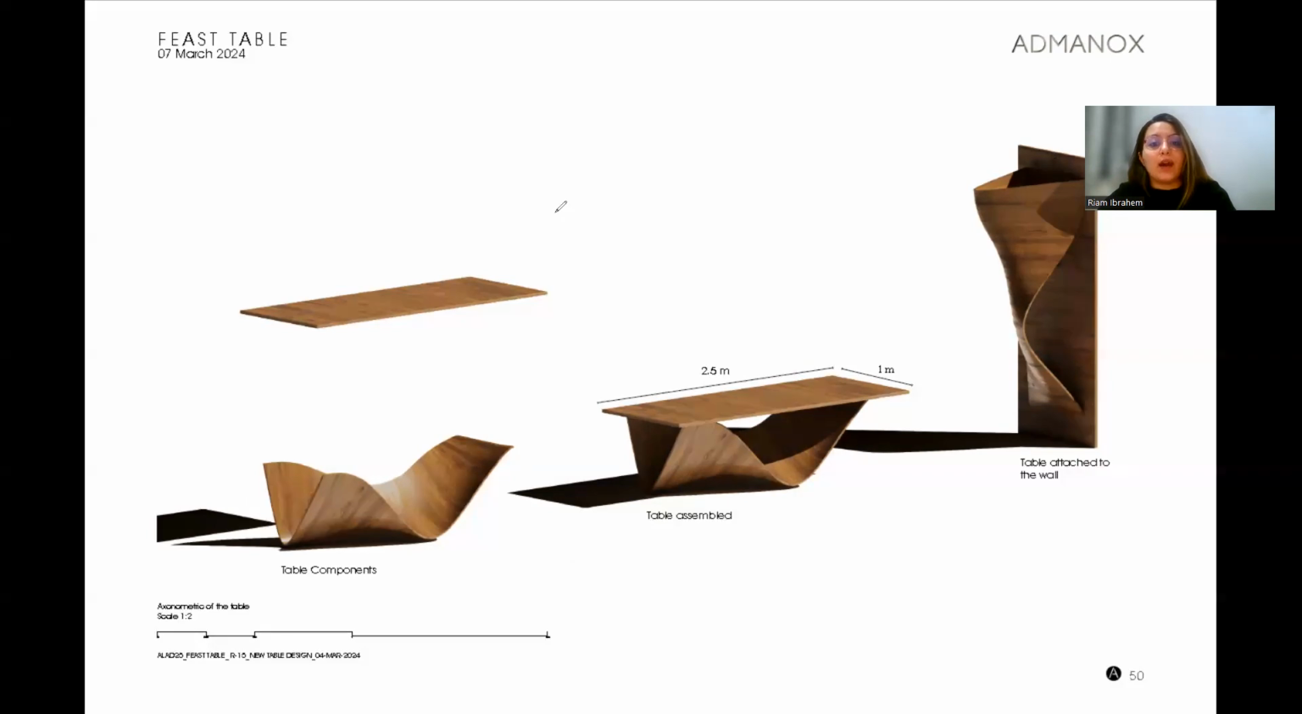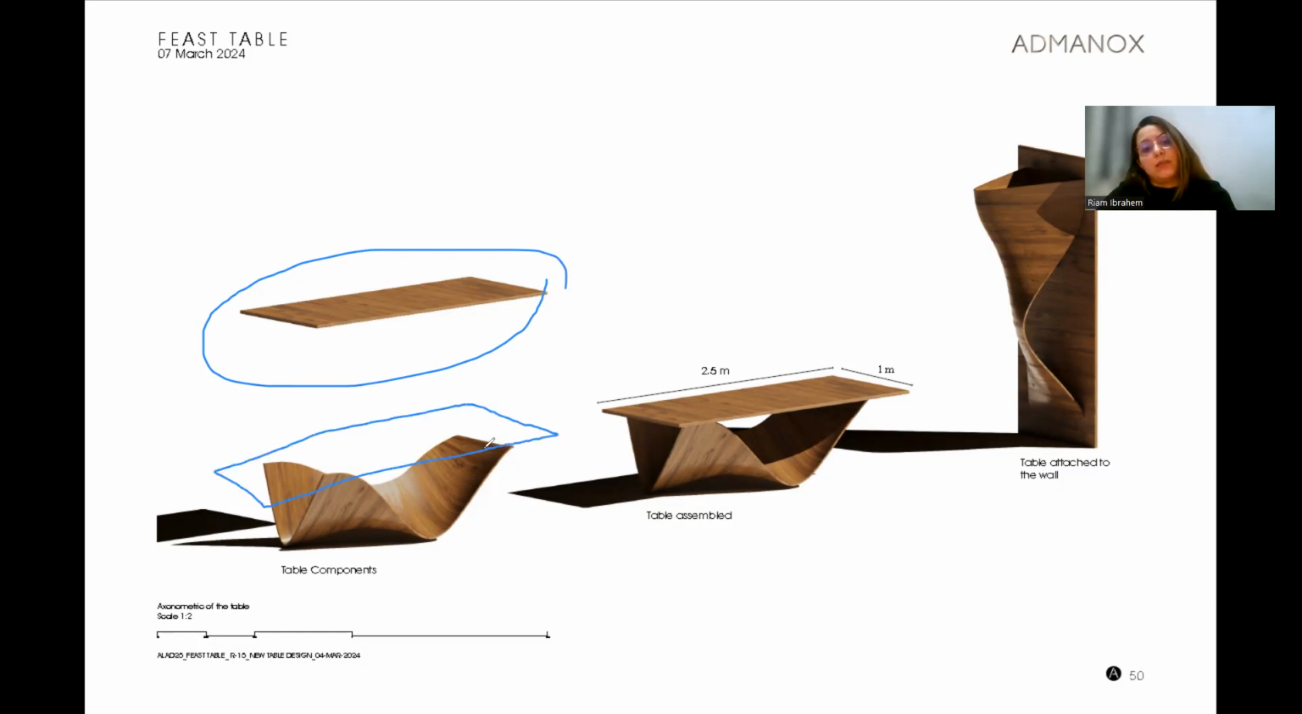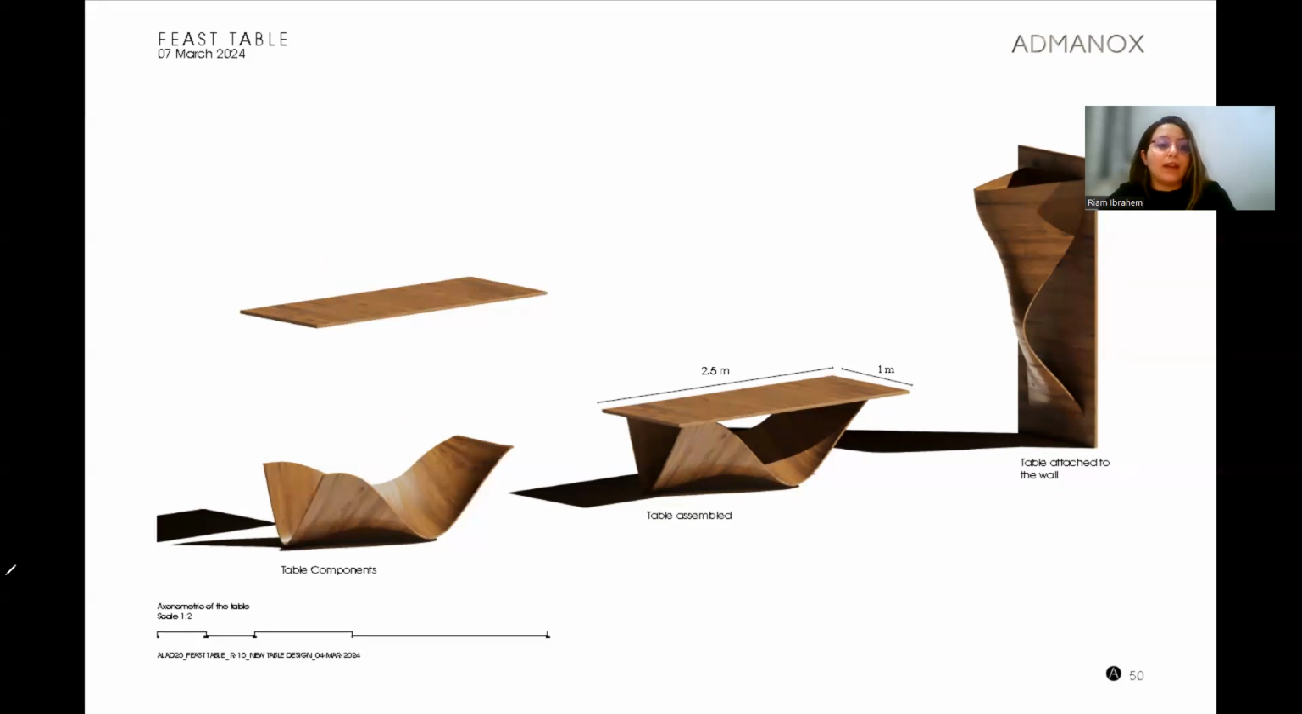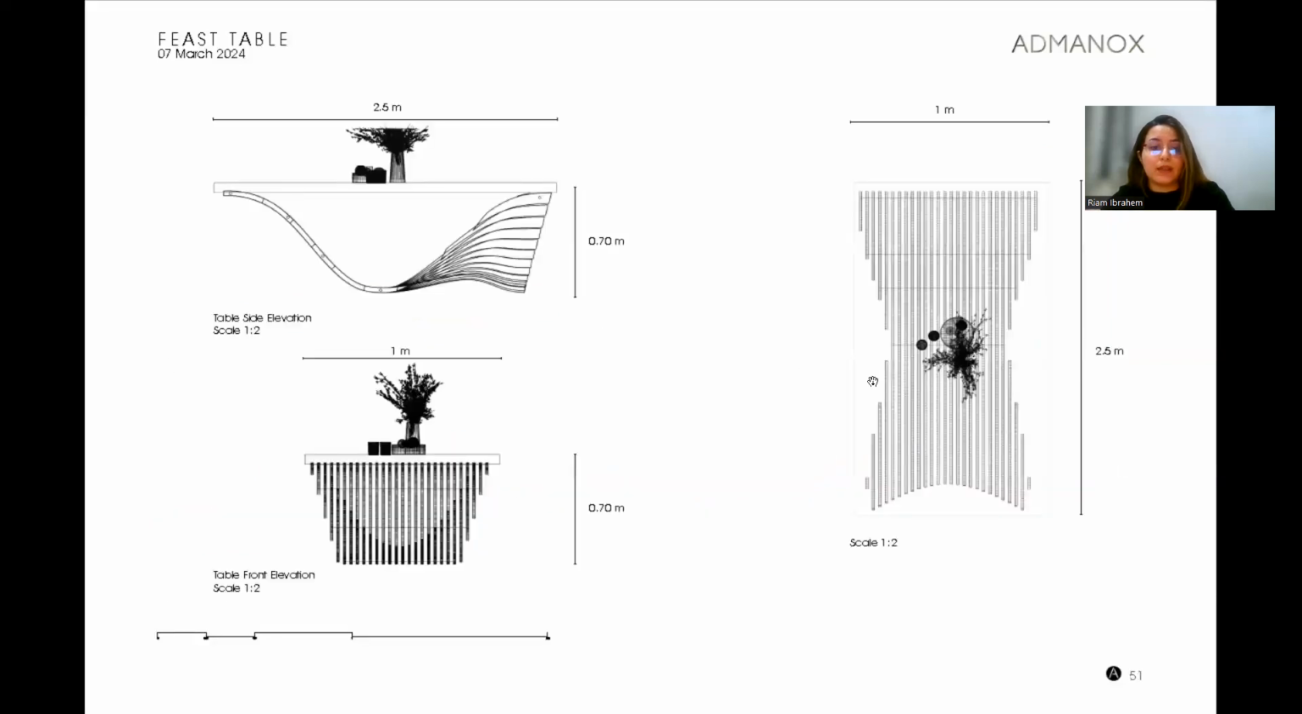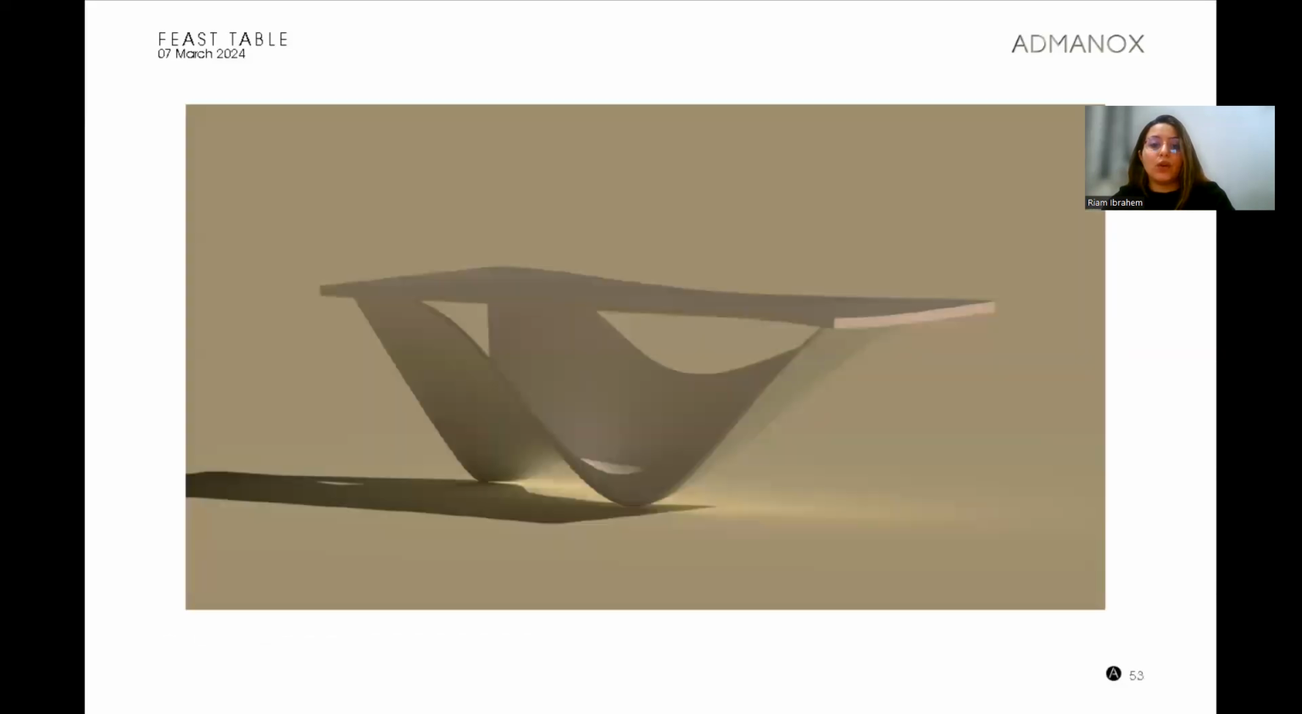what I need right now is to work on the top part, which should be refined to be part of this, like a one piece. And this is what I've been doing. These are the elevations and the plan of the previous version. So I am currently modeling to 3D print a prototype of this table, and